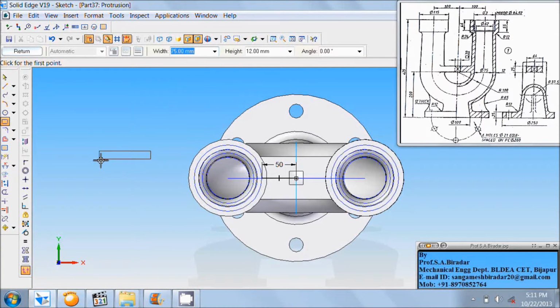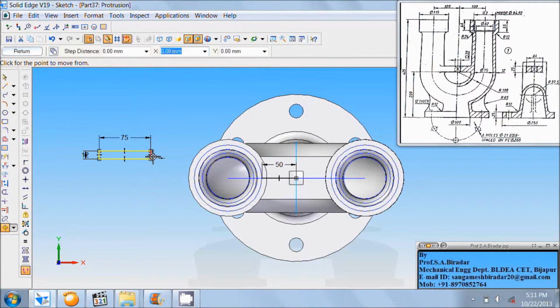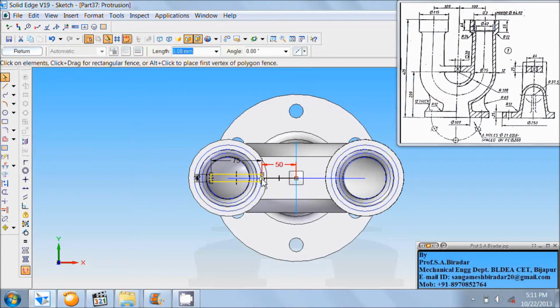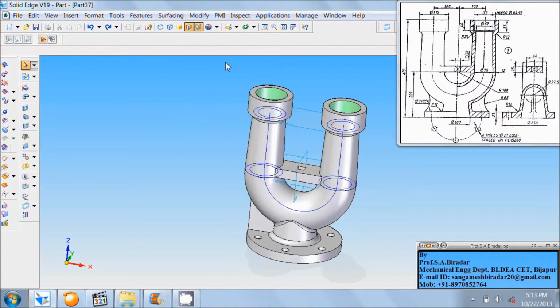Place the rectangle here, use select tool, select this entire rectangle, use move command, select the midpoint of this vertical line, place it at the end of this 50 mm line, then select and delete this 50 mm line, click on return. Here you have to click on through next, red arrow mark upward, click in the screen, finish it, fit it, do named view as ISO.